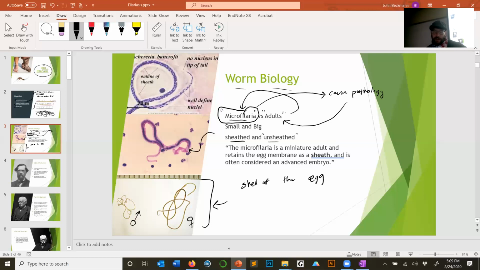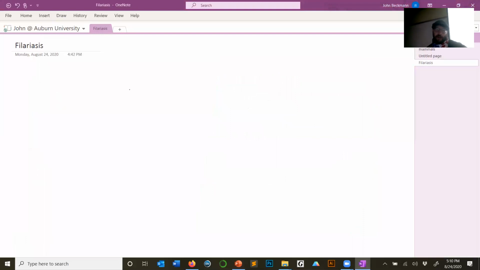These microfilaria are so small that they can swim through your skin. Biological organisms are made up of cells, and the cells bathe in